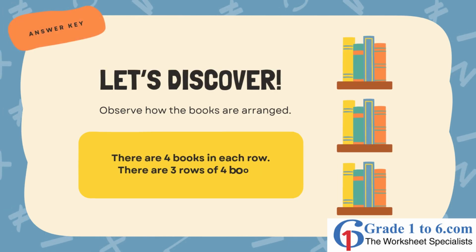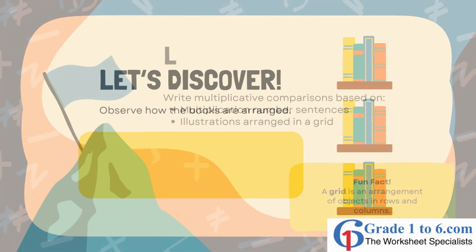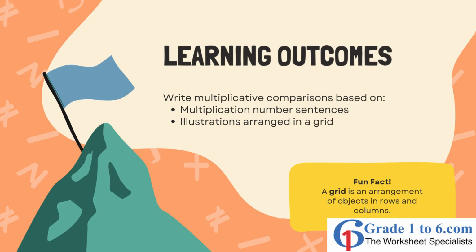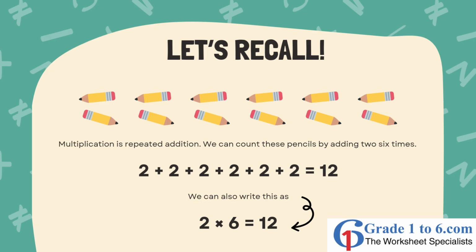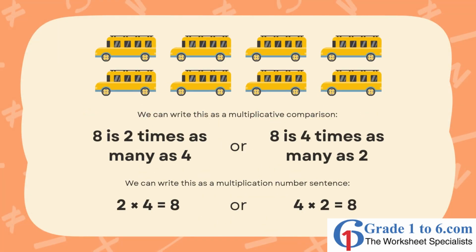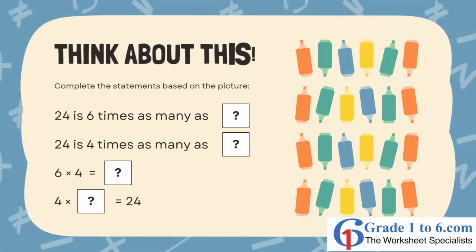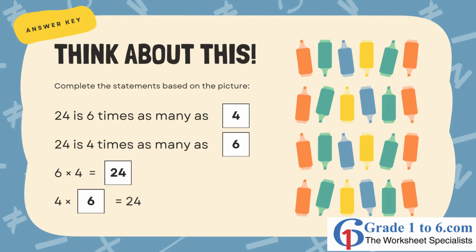real life. We begin by introducing multiplication as repeated addition. Children learn that multiplication is simply adding the same number again and again. For example, instead of adding 3 plus 3 plus 3 plus 3, we show how this can be written as 4 times 3. This approach helps learners transition smoothly from addition to multiplication, building on concepts they already know and